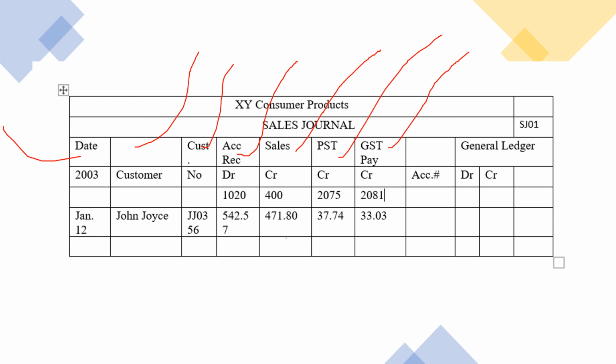So when you add them together, they will be equivalent to the total invoice, which is the accounts receivable, which means our sales journal is balanced. This is the end of